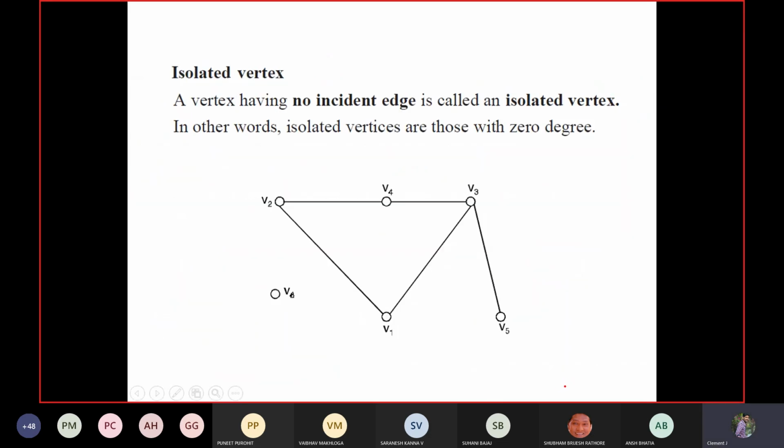So next, isolated vertex. Isolated vertex is nothing but, you already discussed the degree concept. Here, if one vertex is separated from the graph, it can be defined in another manner. For that particular separated vertex, the degree will be 0, because here you can easily guess this vertex V6 will be the isolated vertex, because there are no incident edges. So certainly this is a separated vertex of the graph. So this vertex is called an isolated vertex.